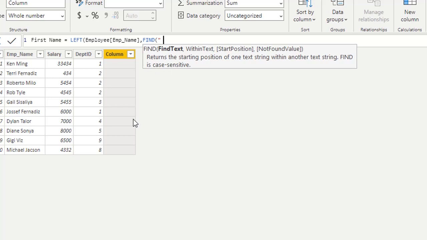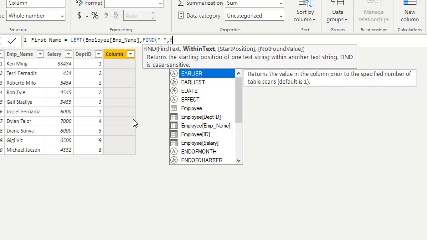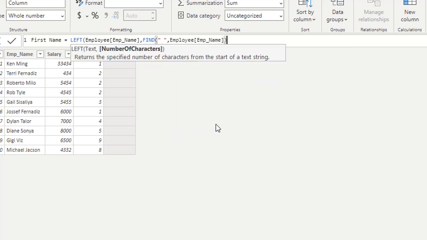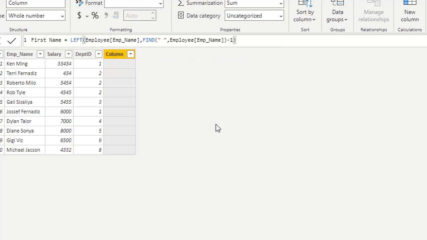Find, then emp name, then minus 1. Okay, execute this function. So you can see we have the result. From the emp name, in the first name column, we have Ken. From Terry Fernandez, we have Terry, and from Robert Milo, we have Robert.